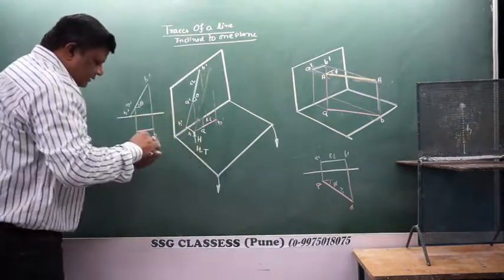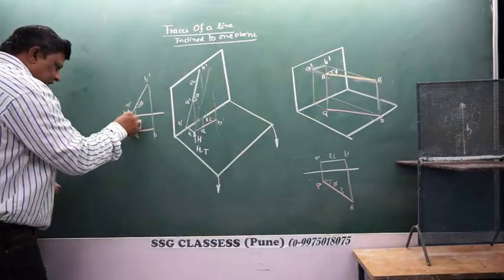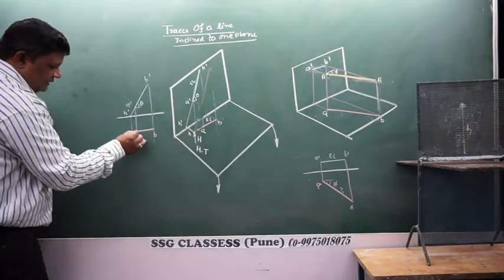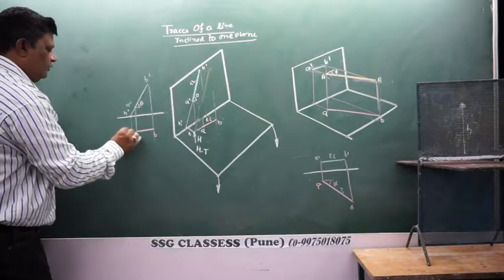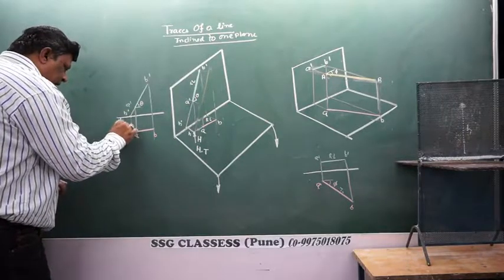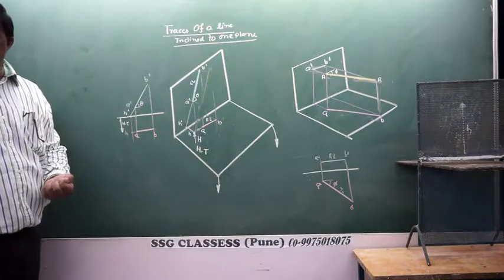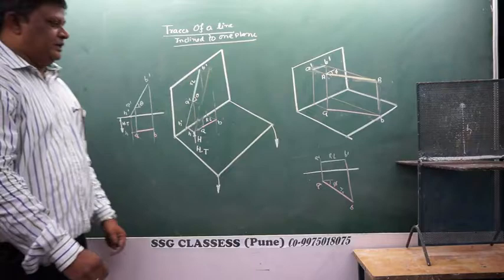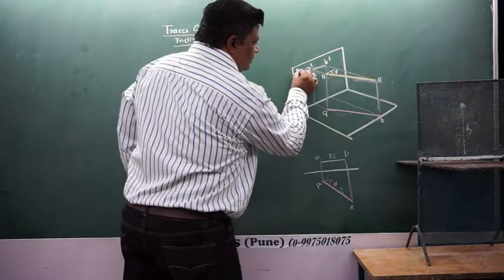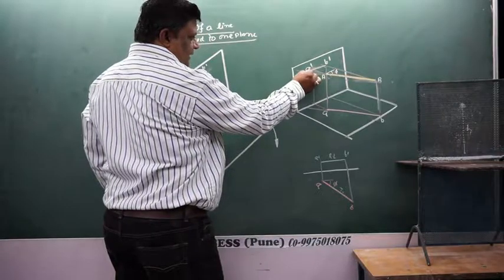When you open it, then this particular line will be appearing as a straight line to you out here. And this particular line will be extending and intersecting it here to give you H. Then this distance from XY line is the horizontal trace. Okay? Similarly, in case of VP also, what we will see is, that is, if this line is extended, obviously its top view is going to get extended, its front view will also be extended.